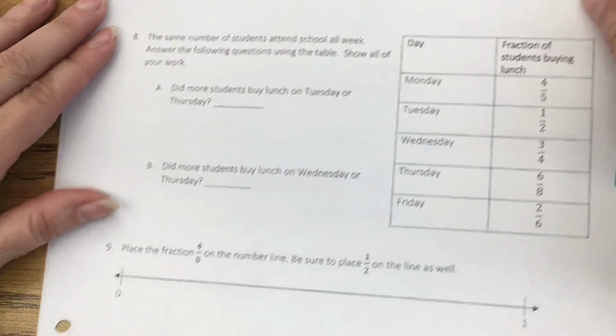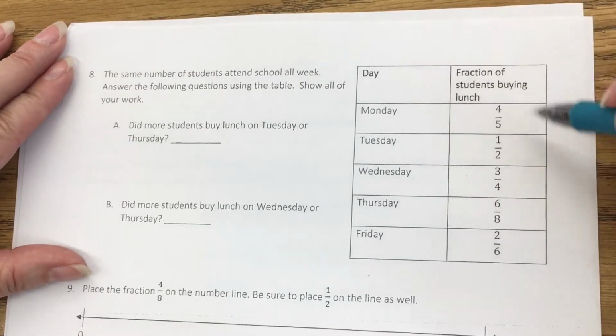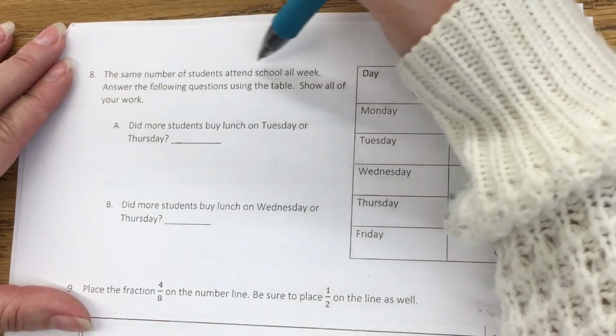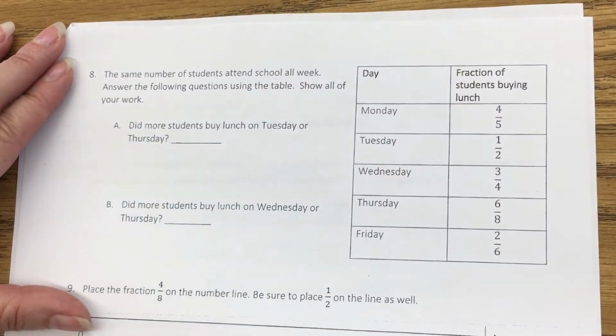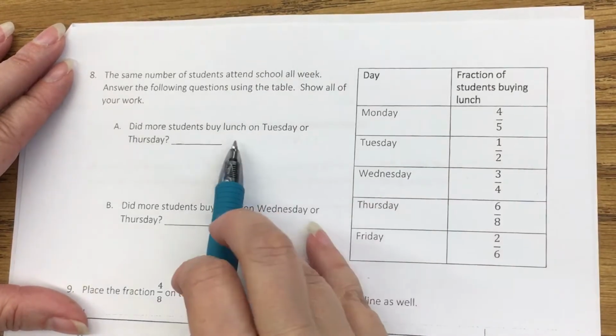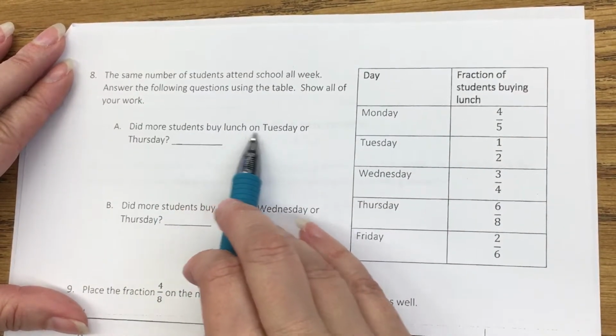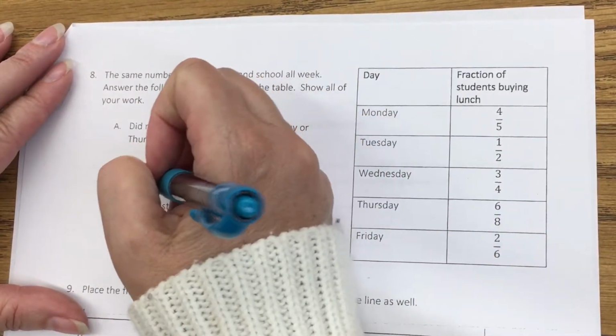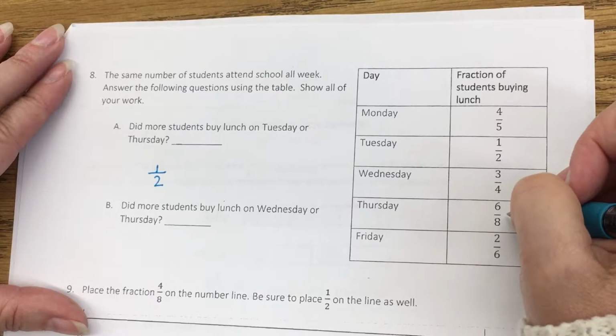All right, on the other side here, we have a chart. It says the fraction of students buying lunch. The same number of students attend school all week. Answer the following questions using the table. Show all of your work. So, did more students buy lunch on Tuesday or Thursday? Well, Tuesday, 1/2 bought lunch, and we're going to compare that to